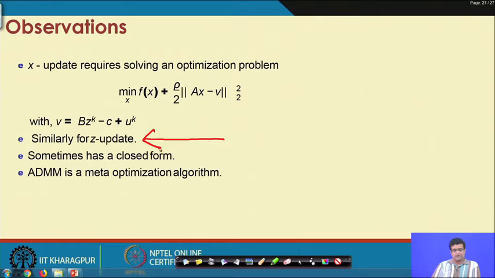But as we shall see, for most of the problems that we will be looking at, the Z update may have a closed form solution. So, even though it is an optimization problem, it may have a closed form solution. Hence ADMM is a meta optimization algorithm. It is an optimization algorithm which uses other optimization algorithms as its components.